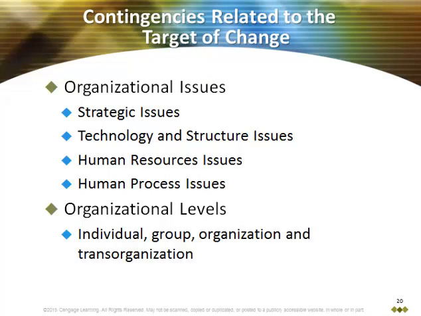Contingencies related to the target of change. Okay, so you're going to go into BlackBerry and say, let's do some change and let's get back and get competitive with Apple and so on. And these are the kinds of issues that you want to look at. You'd say, well, what's your strategy? What are you doing now, BlackBerry, that isn't serving you well? Tell us about your technology and how you're structured, how your organization is laid out, your org chart, if you will. What kind of human resources issues do you have? Can you get the people that you need? Can you pay them well? Can you motivate them and so on? And then how well do the people that you do have get along with each other and relate to each other as they work together?